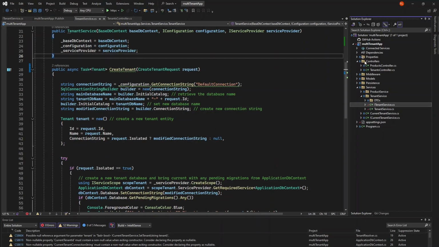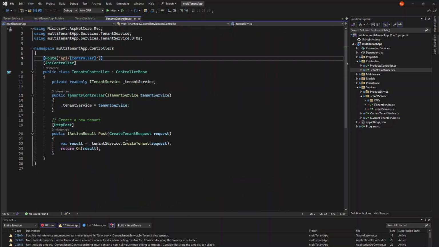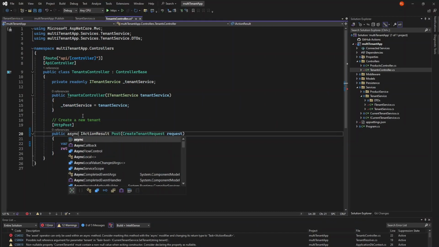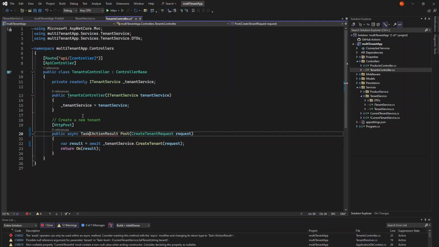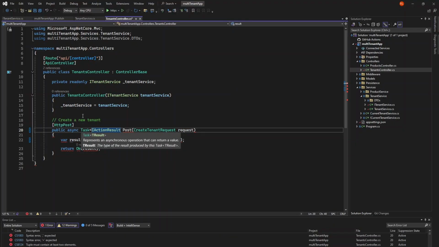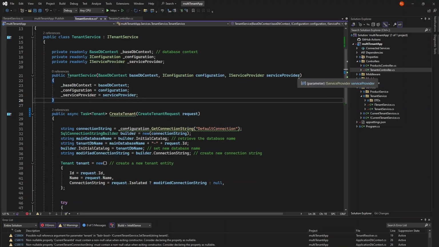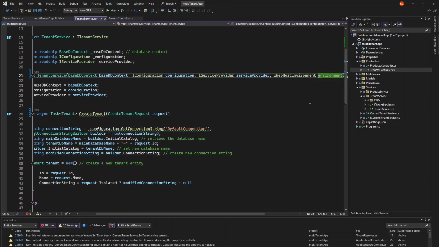Also in our controller, go to the tenants controller and let's put the await and async task and wrap that. Okay, so now that our create tenant method is asynchronous, let's first inject web host environment,